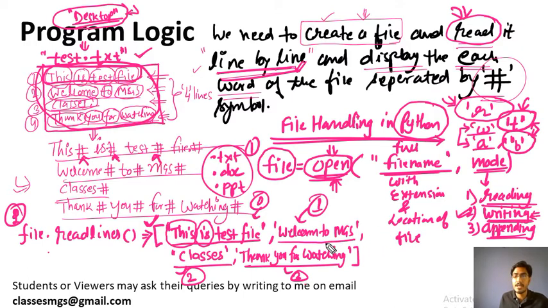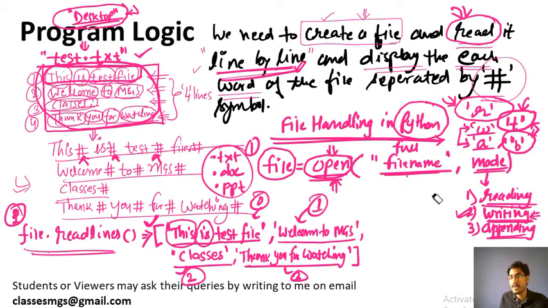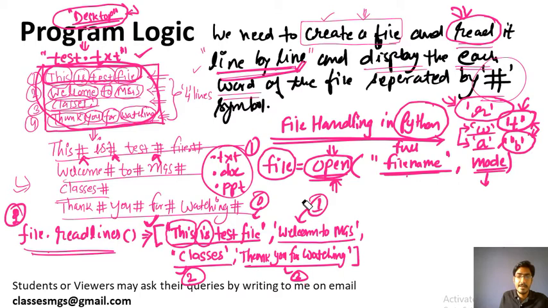So the third thing is, we need to iterate this list. You can iterate the list using a for loop. You should know this. If you don't know, then please go and watch the list lectures or how to iterate the files in the Python class 11 practicals, so that you can know how to iterate it. Now we will write the third line, that will be the for loop to iterate this list. Let me use some different color so that it doesn't mix. This is the first line, this is the second line, and this is the third line.